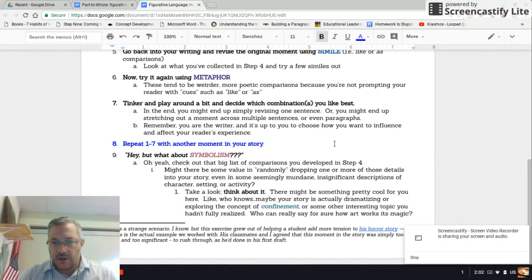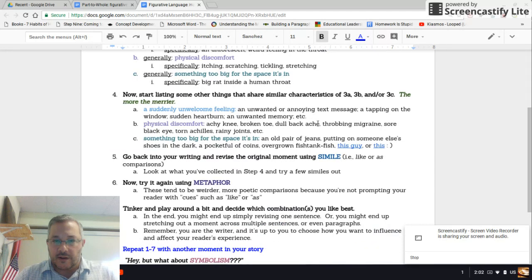So what if in the live rat story, in some of your description of setting, you dropped in, I don't know, an old pair of jeans, or maybe a pair of shoes in the dark that are too small, or maybe there's some overgrown fish tank in a room early in the story, and it just seems like a weird detail, but it's actually